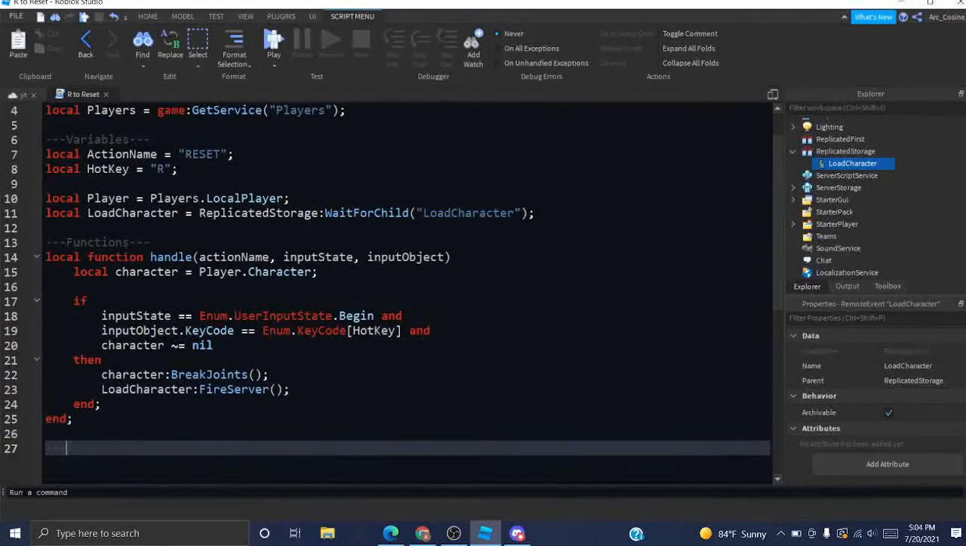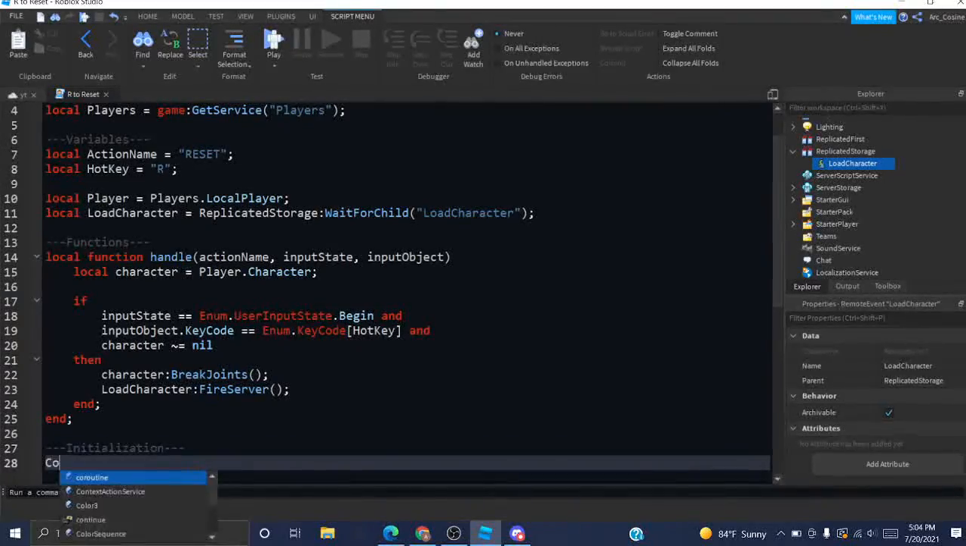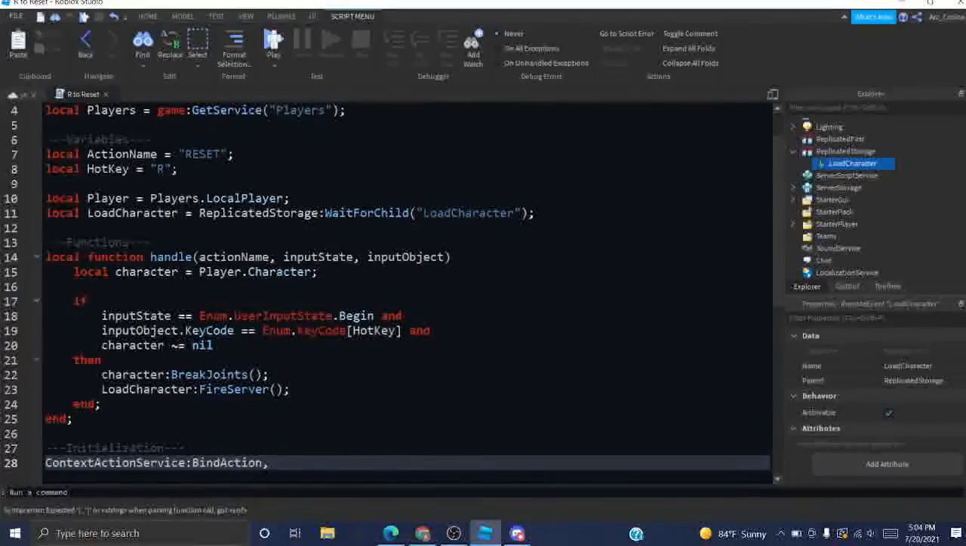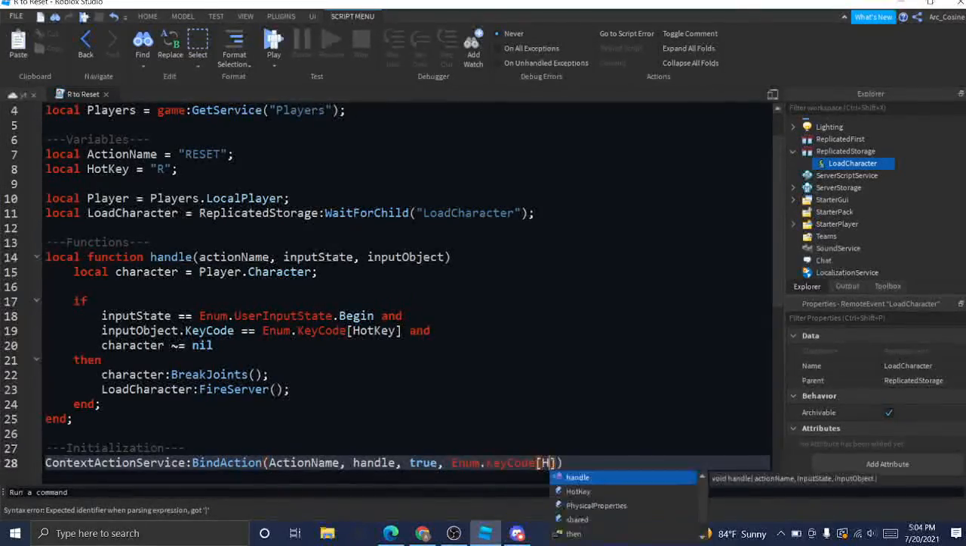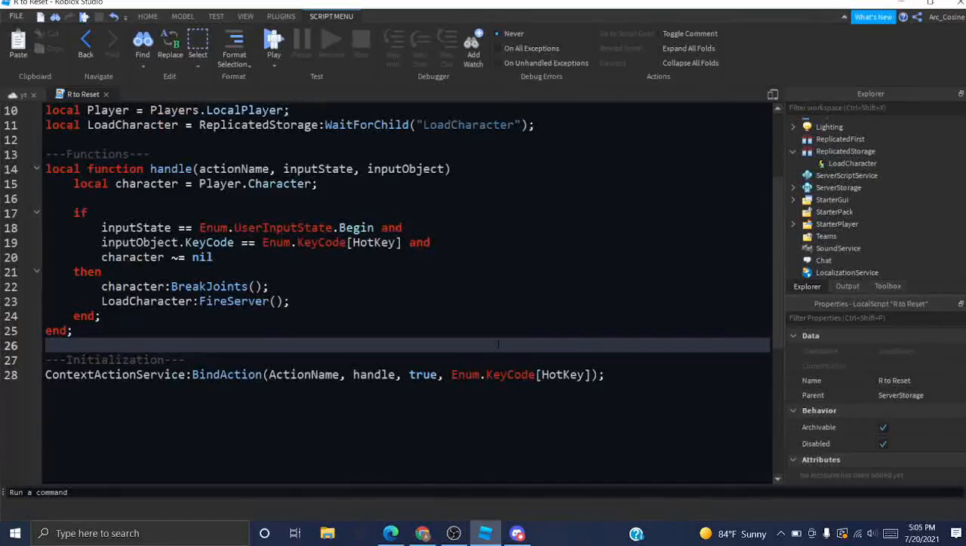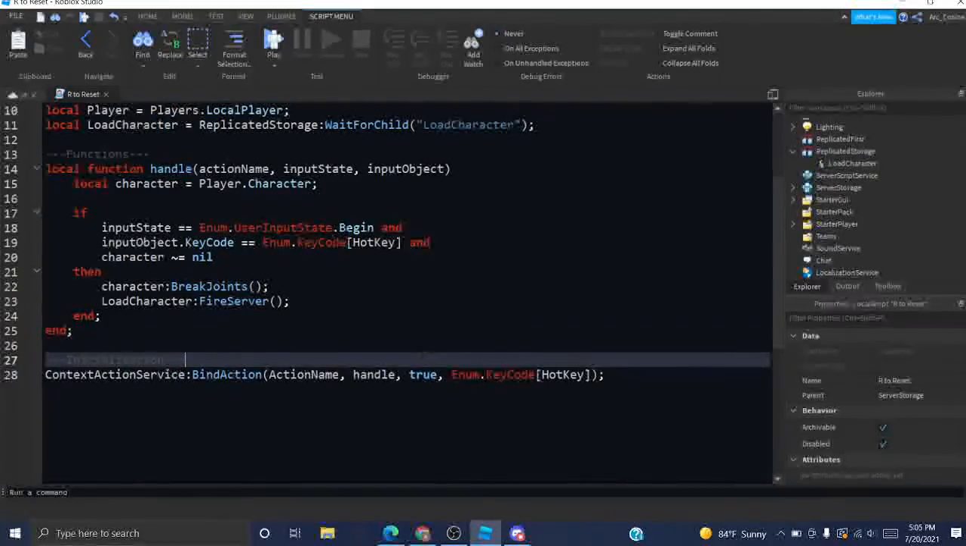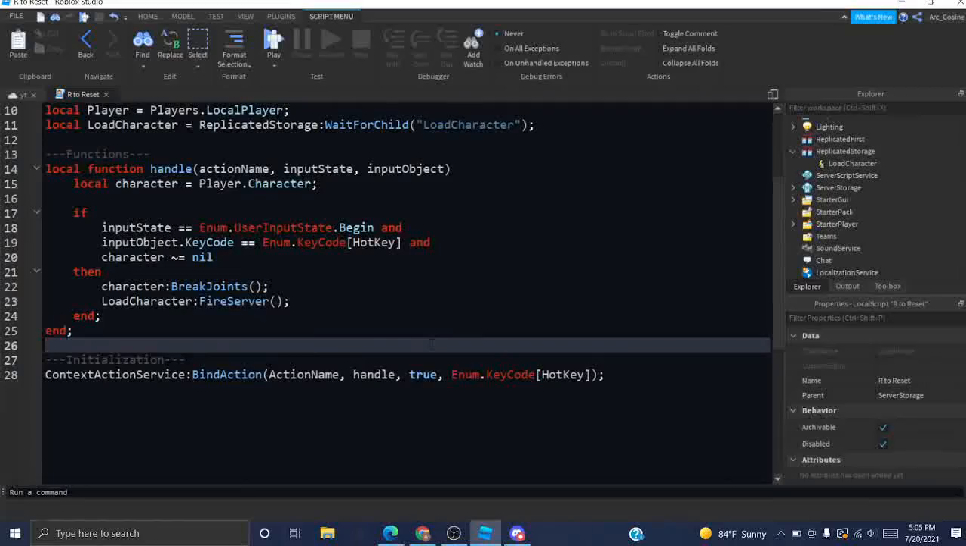Now we need to bind the action. So I'm going to do initialization: ContextActionService:BindAction(actionName, handle, true, Enum.KeyCode[hotkey]). So this true right here basically is telling the function that it should create a button for mobile players to press. Now let's create a new script in the ServerScriptService